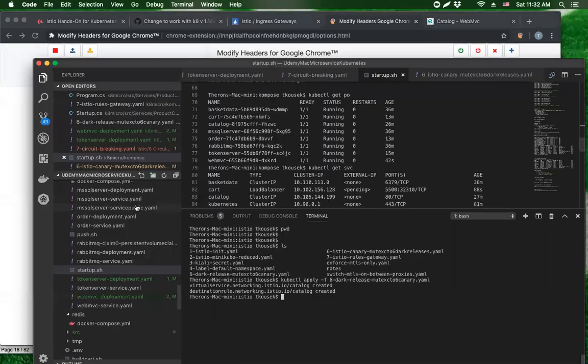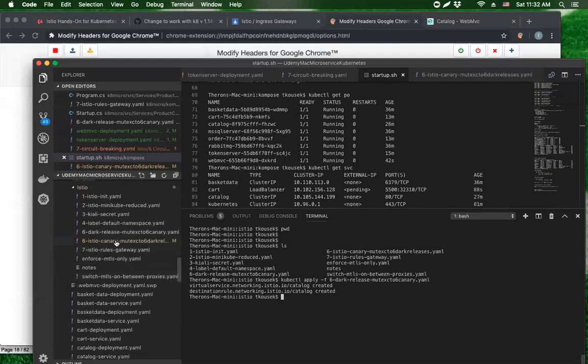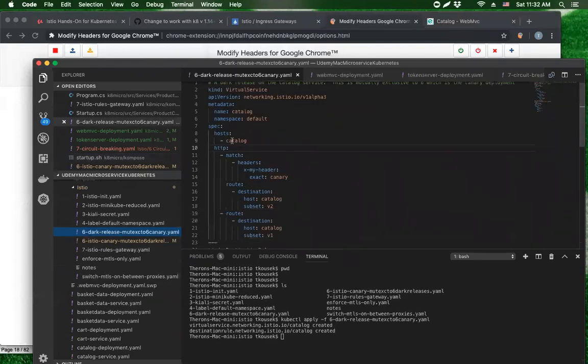What I wanted you to see right here is that we deployed these virtual services. Before I show you a really cool tool called Kiali, I'm just going to show you right here that dark releases is a part of Istio and what it does. If you look here, there's a virtual service, and it's going to do an incoming header match. It basically says if there's a header called x-myheader and it matches exactly canary, then we want to send them to version 2 of the catalog